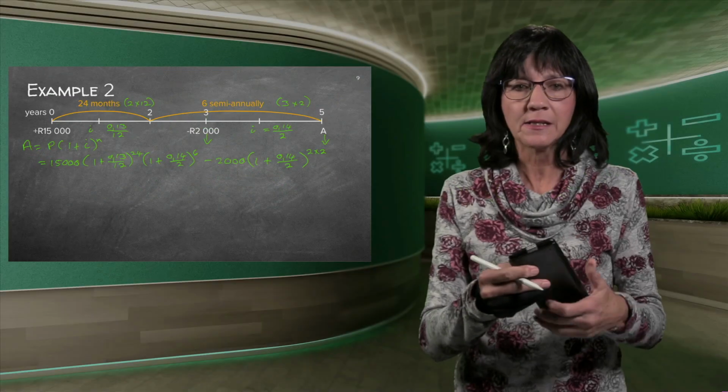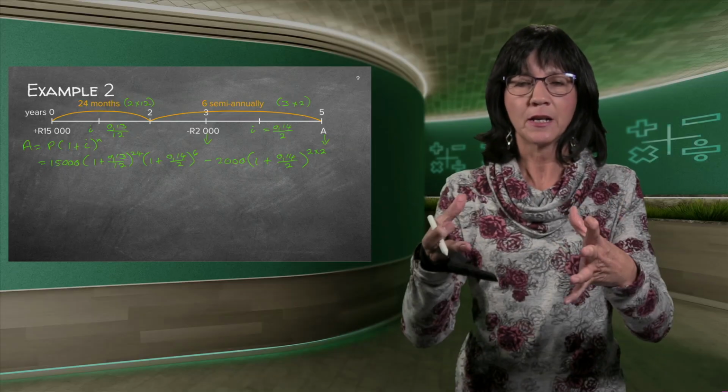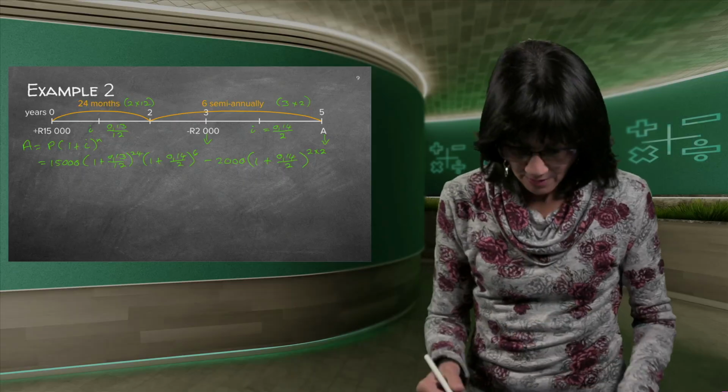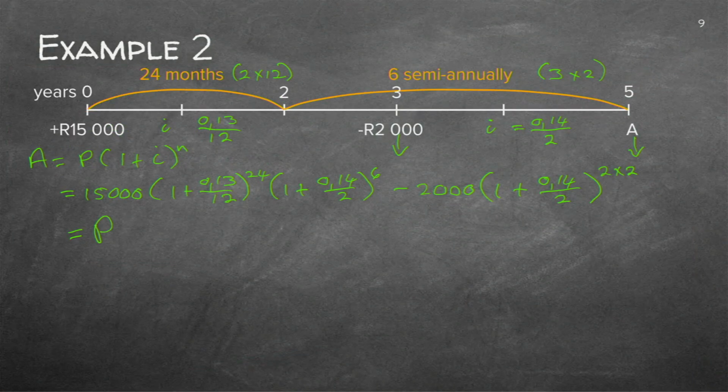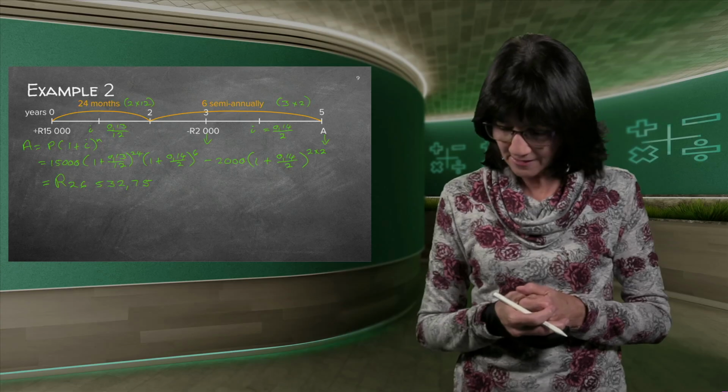You grab your calculator, you click all of that. Now again, you could have done the first part separately, done the second part separately, but then you may not round off. And then in the end, you subtract the 2 answers from one another. But if you do this on your calculator, you'll get the amount of 26,532 Rand and 75 cents. And just to see if it is possible, you invested 15,000 Rand, high interest rate, 13% calculated monthly, and then 14%, high interest rates. So it's possible that you can land up to have 26,000, even if you've withdrawn 2,000 in the end. Good.